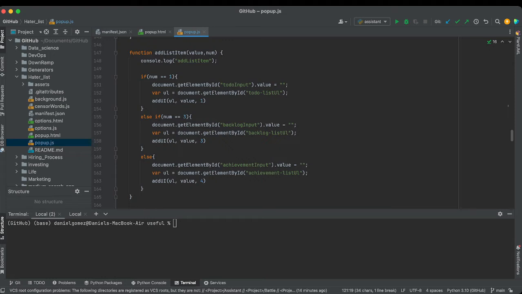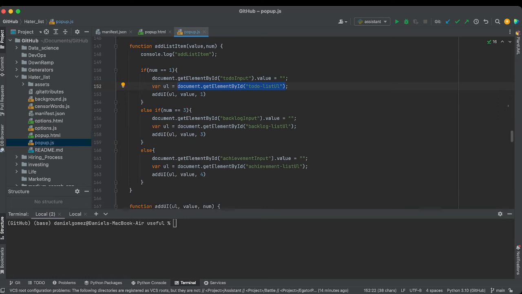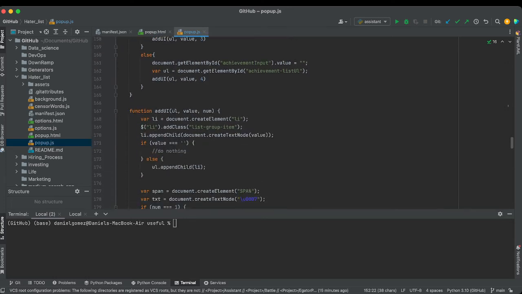So here we're going element by element, doing input. Oh, right, we need to reset our little input so it's empty now and not still there, or else that would look weird. Anyway, next we want to fetch the list that we want to append to. We're going to pass that list to add it, and we're going to pass the value and the list itself,